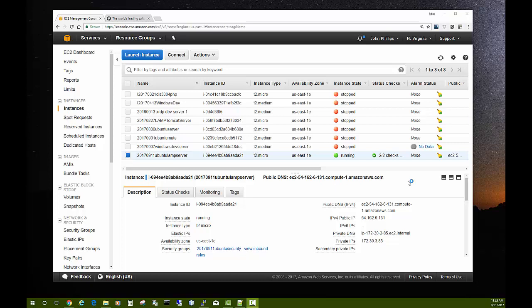In this video, we're going to work on the server we set up in a previous video, a Linux Ubuntu server, and we're going to make use of a program called Git. And Git, G-I-T, is a